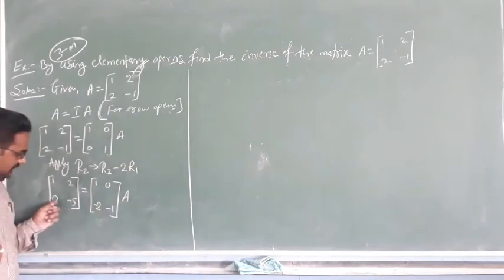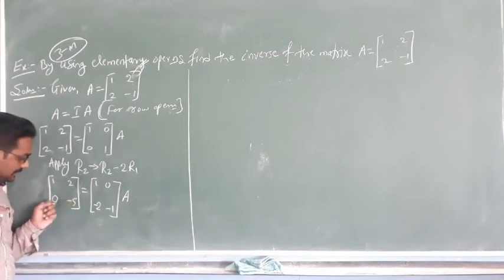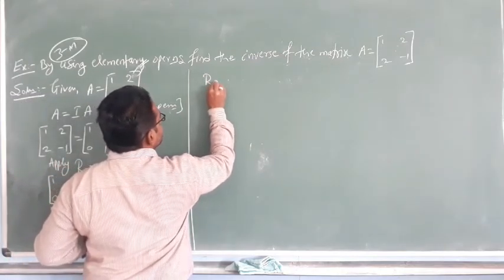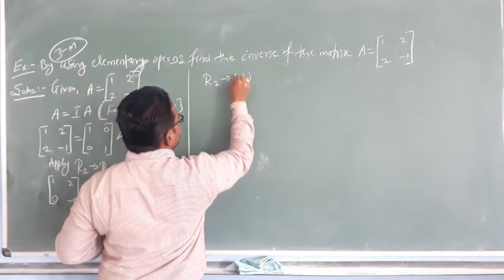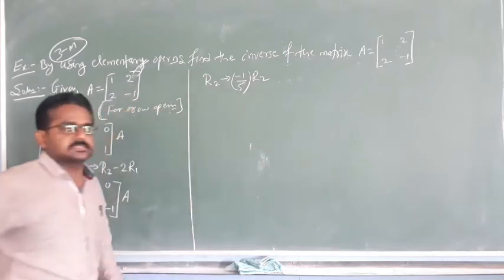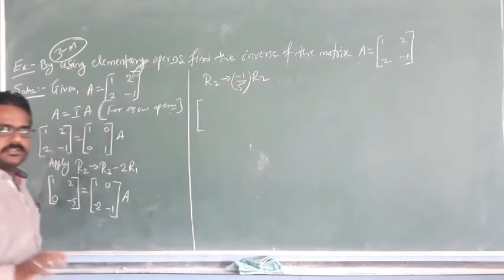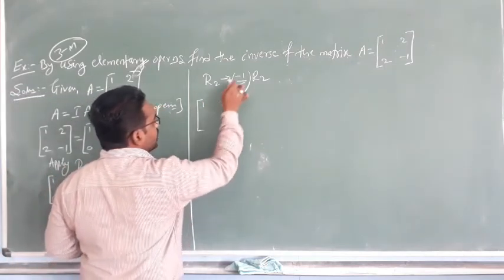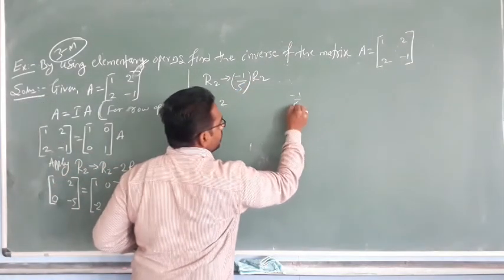So already it is 0, it is minus 5. So what should be here? It should become 1. So to make this value 1, what do you have to do? Just observe here, students. What will I do? R2 changes to minus 1 by 5 into R2 elements. See, the first row element I am not doing anything. I will write it as it is because we are not performing anything on it: 1 2. Next, R2 minus 1 by 5.